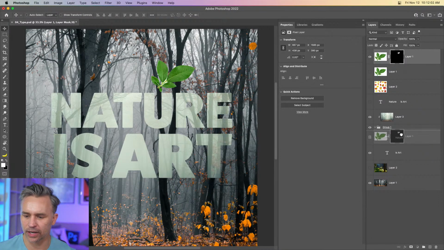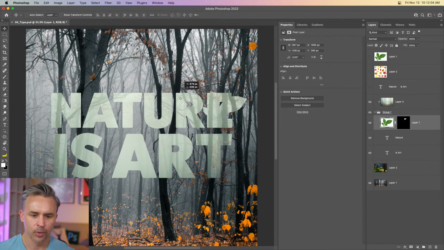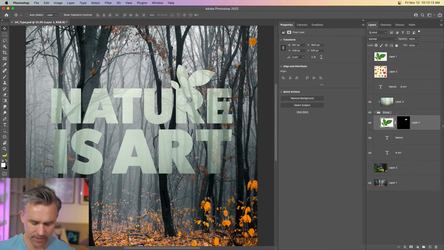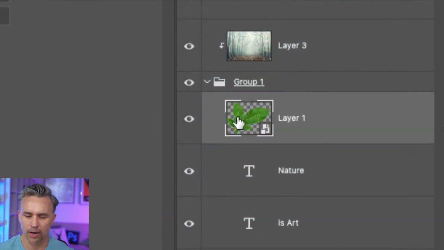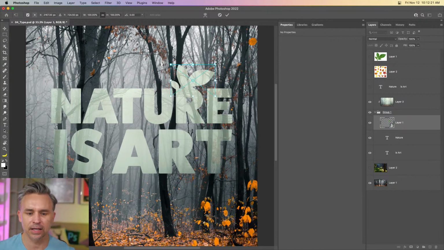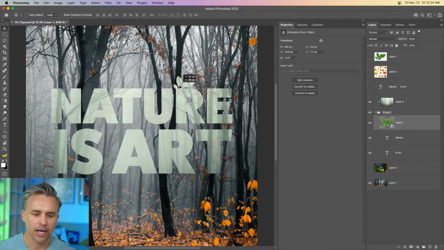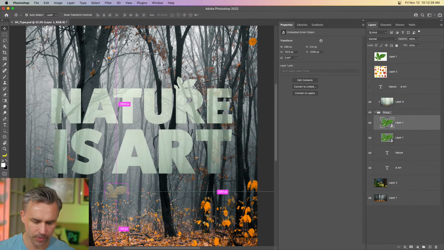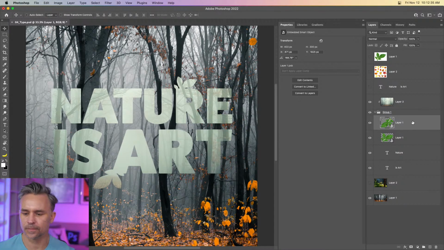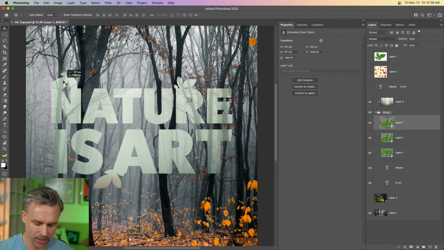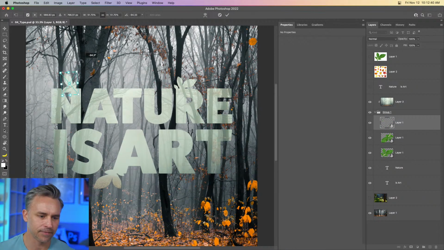Now I can take this layer and I can put it inside of that folder. Putting it inside of that folder gives me this nice little element that I can play with. And now I can put that on the tip of the R, for instance. And also what I would do is I'd convert this to a smart object, right? Convert that to a smart object, protect it. It allows me to scale it down, scale it up, and it's not going to hurt the resolution. Command J to jump. And again, I could take this, put this over here, like so. You get the idea, right? Kind of moving this around, decorating it, getting all kinds of fancy.